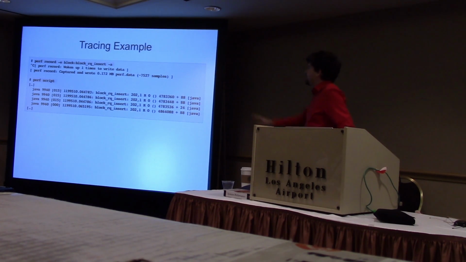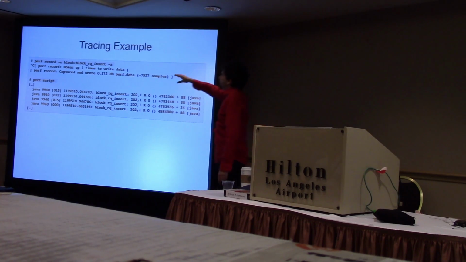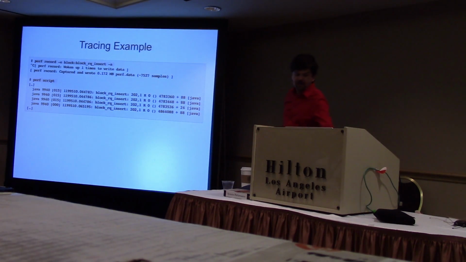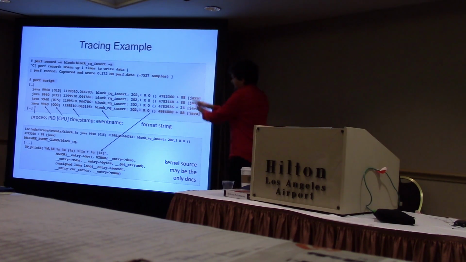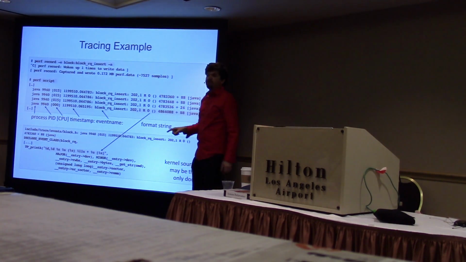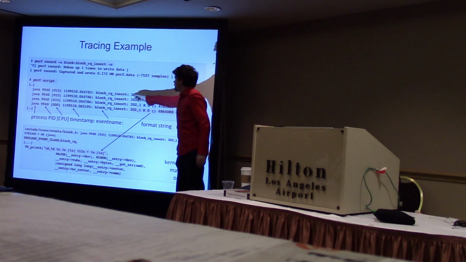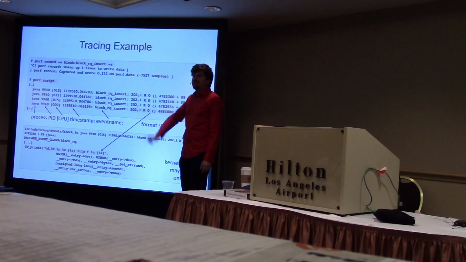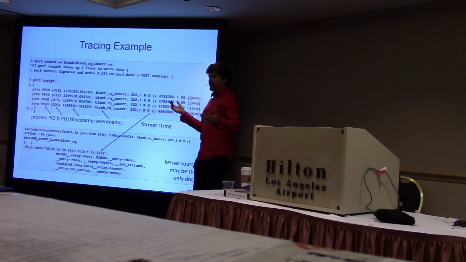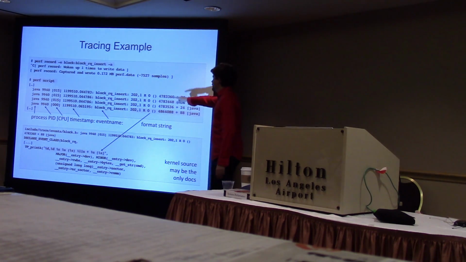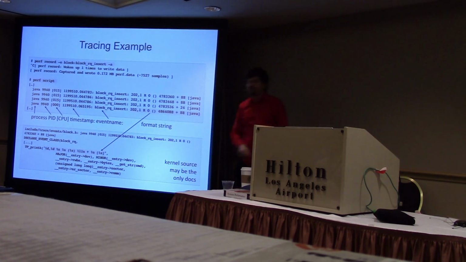As a tracing example, that's what it looks like to trace. So perf might see some block I/O event on an old CPU, and perf script will dump it out. And I've annotated it there with what all these fields mean. The most mysterious field is the last one. This is called a format string, which is pretty much undocumented, except for kernel source code. That's documentation, right? So you can find it in the kernel source code to find out what the format string means, so what each of the members are.